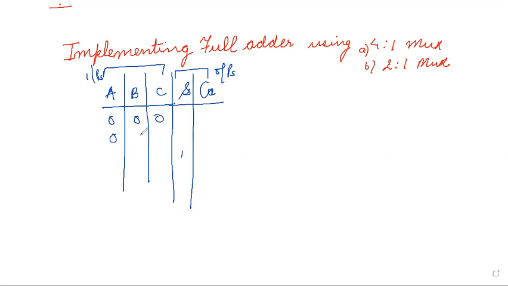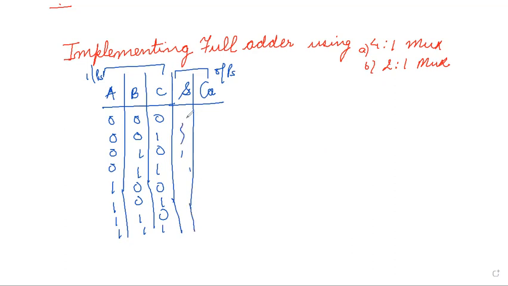Okay, so I'll hurriedly write down all the combinations. Okay, so writing the sum value, sum is 0 when all the bits are 0, carry is also 0. When one bit is 1, sum is going to be 1, 0 plus 1, it is 1, 1 plus 0, 1, no carry is generated. Again here also sum is going to be 1, carry 0.